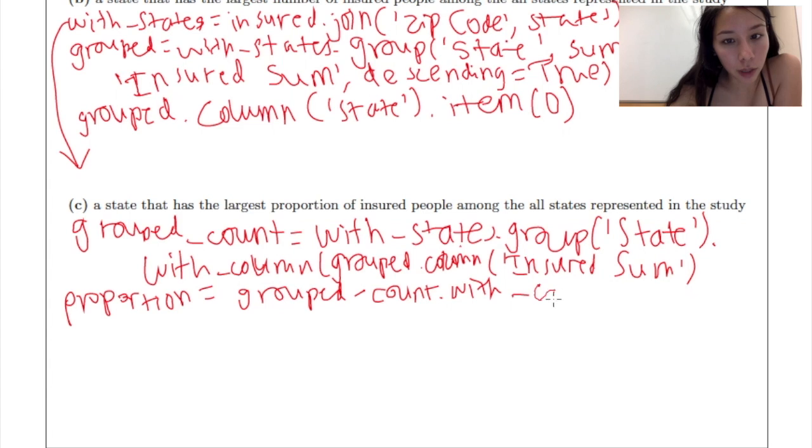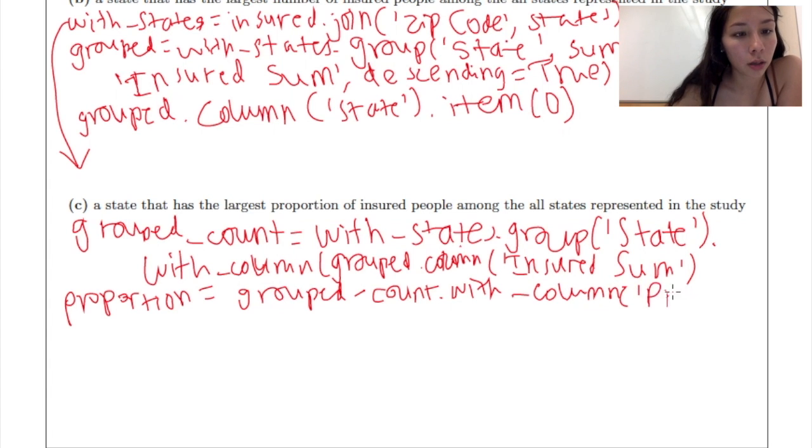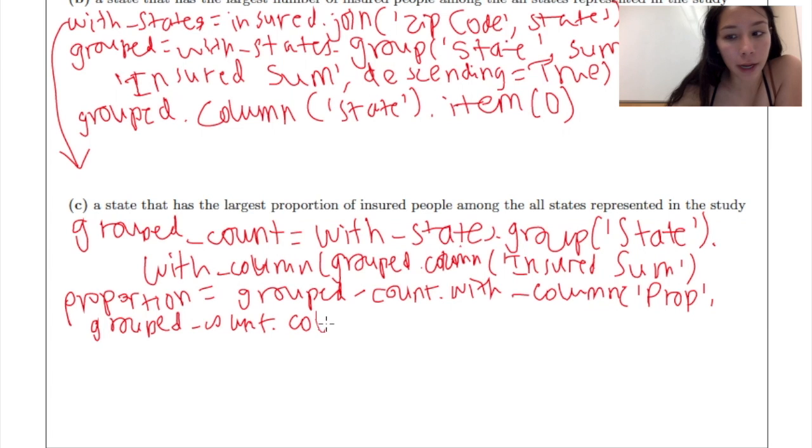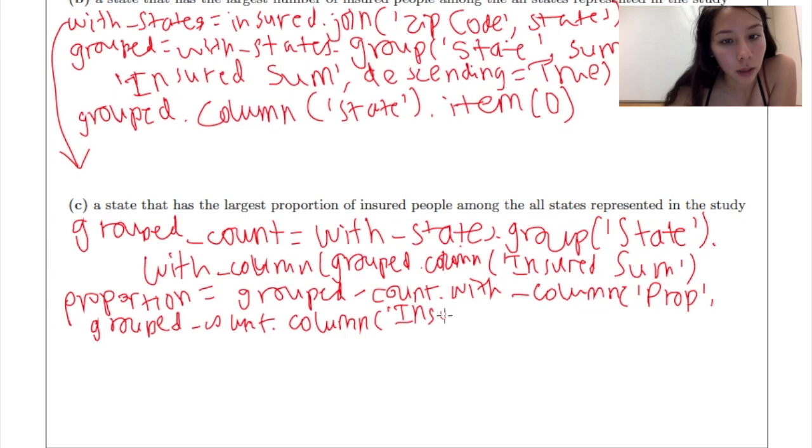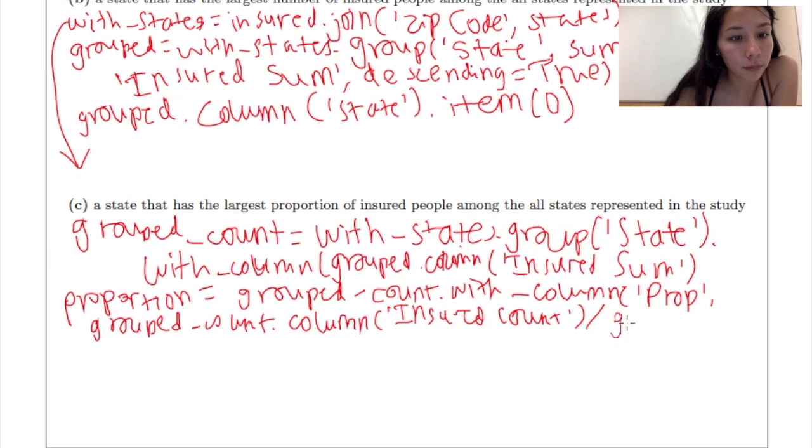We're just going to call it prop, and that's going to have grouped count column, and we want to divide the sum by the count, so we do insured count, which was made when we grouped everything. We want to divide that by grouped count